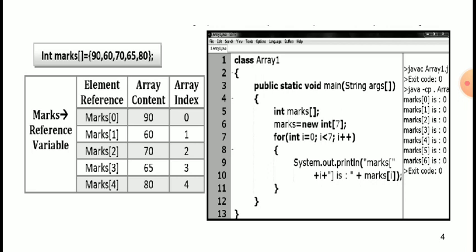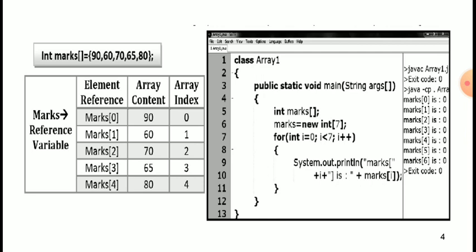So that is an example of a 1D array. int marks[] = {90, 60, 70, 65, 80}. That is 5 elements, 5 values: first 90, second 60, third 70, fourth 65 and fifth 80. So for the reference variable marks, element reference, array content and array index: first is 90, the array index is 0.